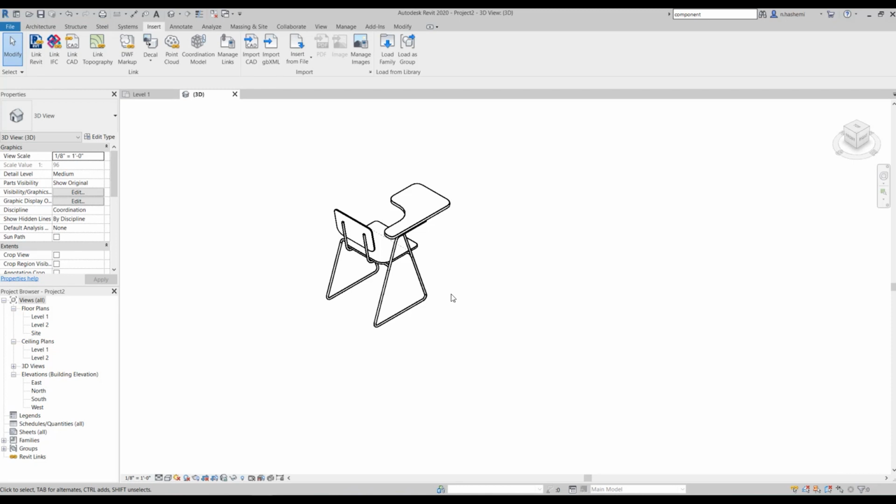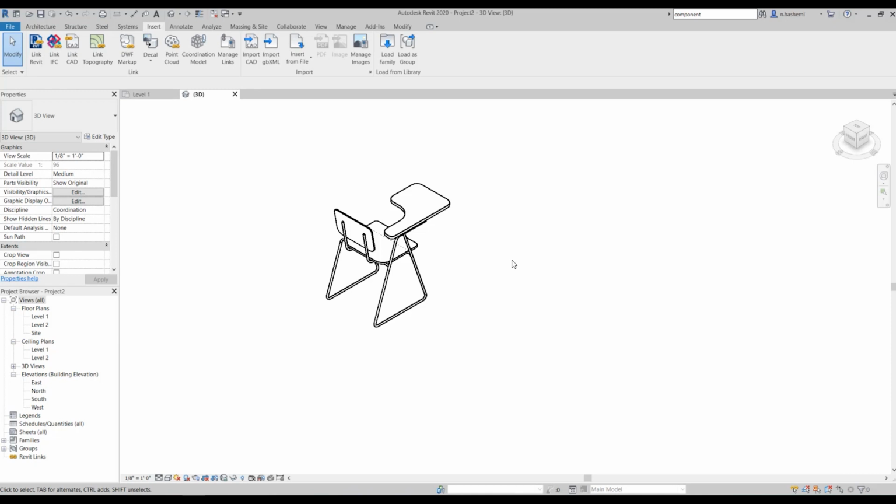The person who creates a family has total authority over what to choose for the material and to what extent to give permission to the person using it to change them, okay? So now imagine that the person who created this chair family picked a material and set the material for the legs in a way that nobody can change it. So in this way, you are not able to change it in your project. You can only do it in the family editor, and we will talk about that later on, okay?